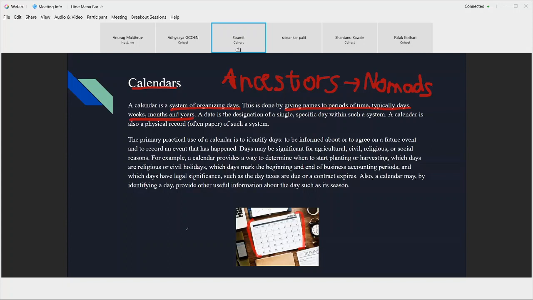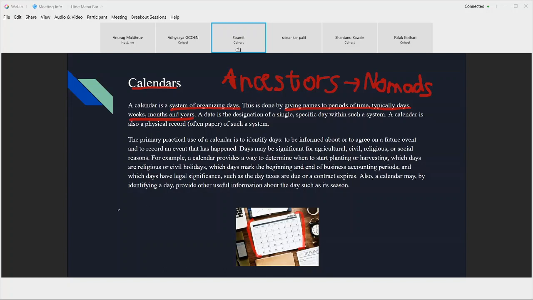In winters there is a lack of vegetation near the poles, so they had to migrate to warmer regions so that they could get food. That was the reason why ancestors used to look at the stars and ascertain that winter was approaching or summer was coming, so they should move to warmer or colder parts according to the season. So because of that, it was important.